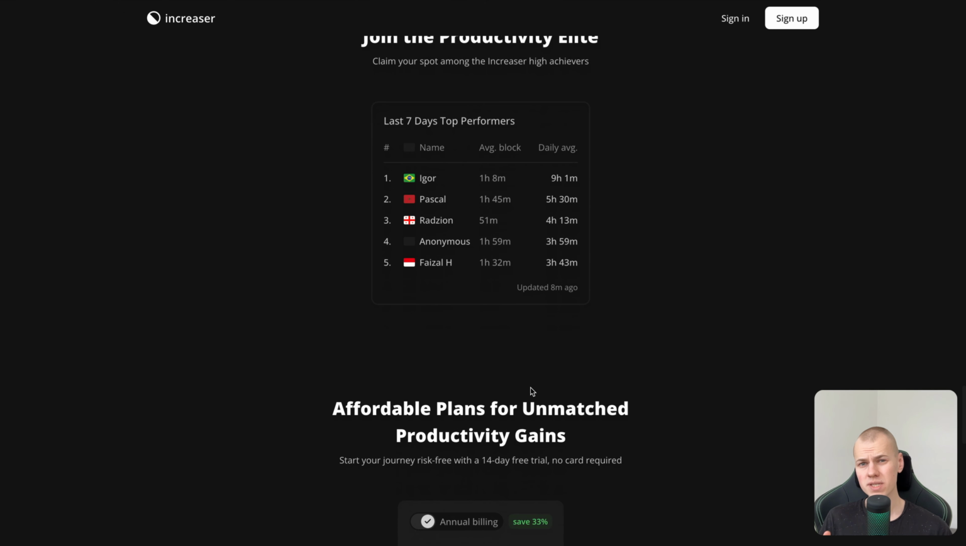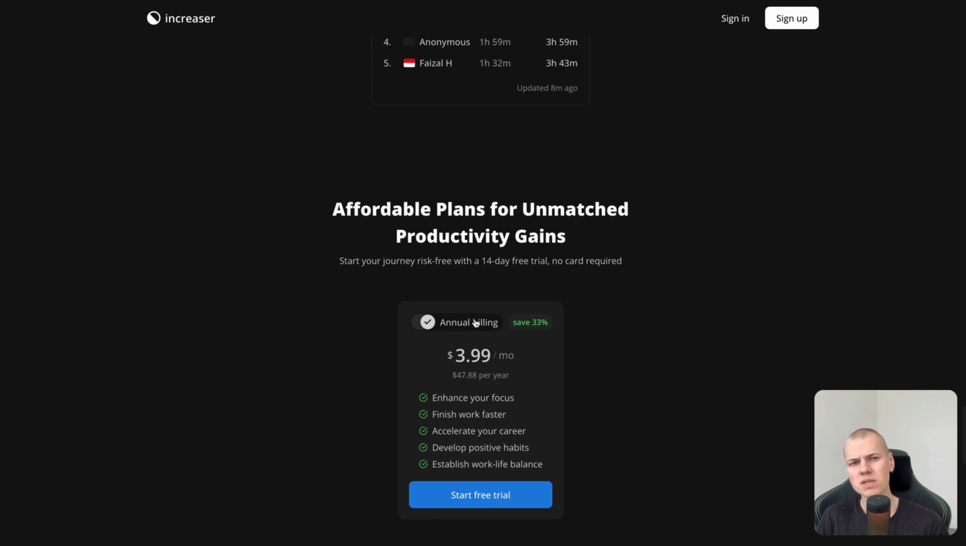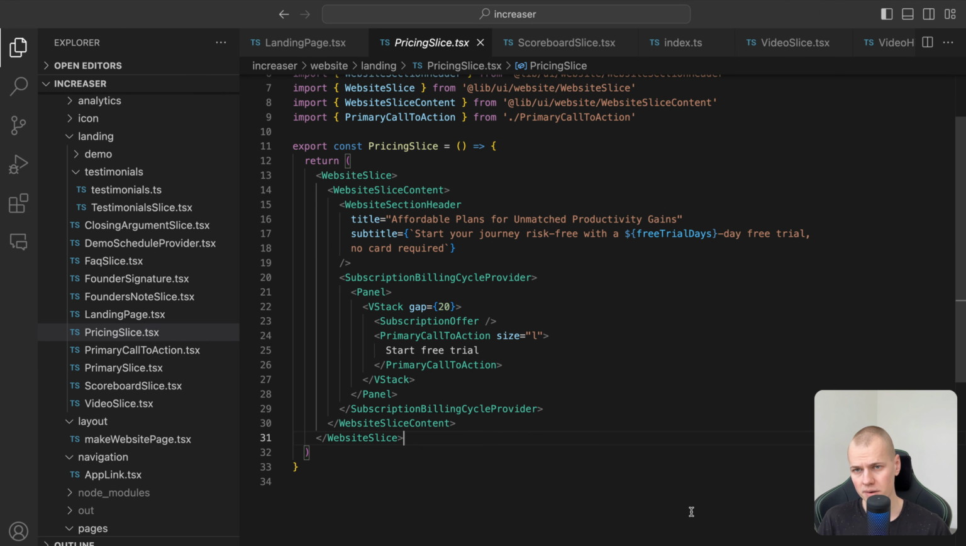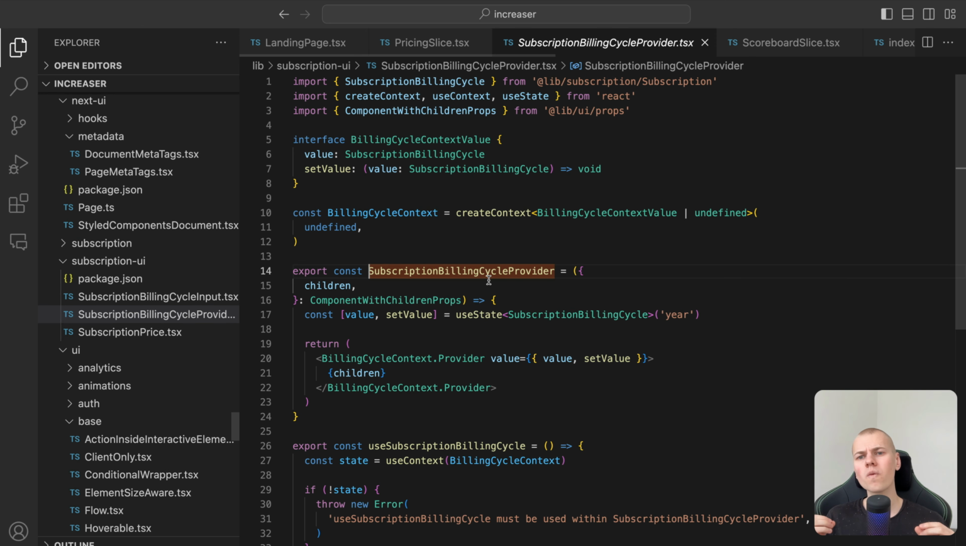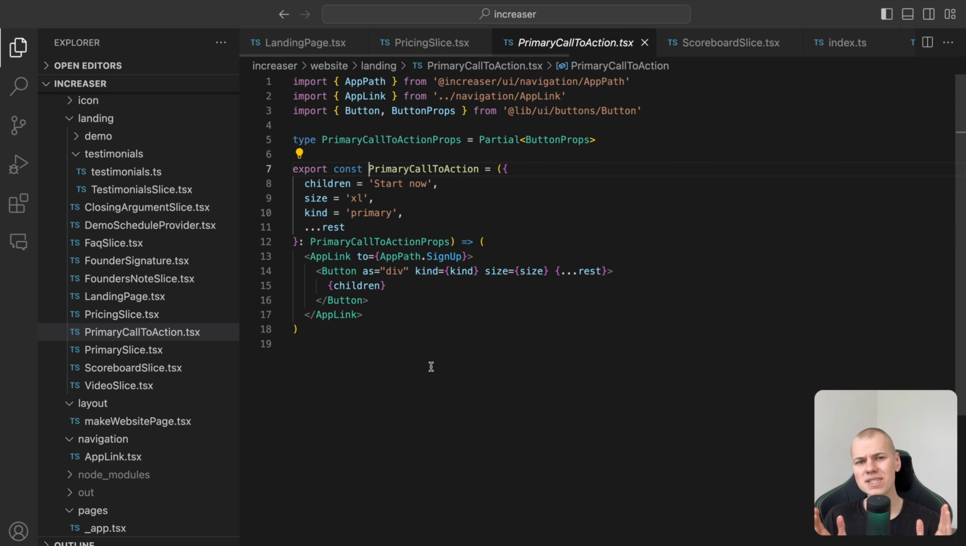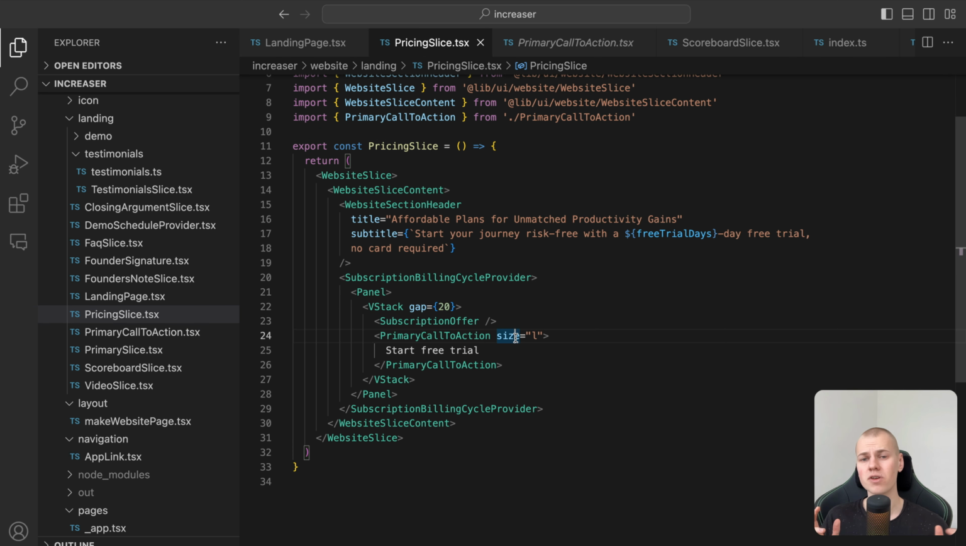For managing subscriptions, I use Paddle, yet the underlying principles of subscription management are universally applicable, regardless of the provider. To delve deeper into this topic, you can refer to a video dedicated to it. Within this section, the subscription billing cycle provider holds the user's chosen billing cycle, either months or year. We then present a panel that encapsulates both the subscription offer and the primary call to action component. Here, the primary call to action button is slightly reduced in size and relabeled as Start Free Trial to better